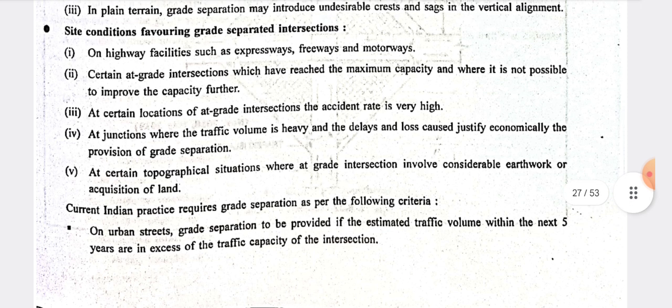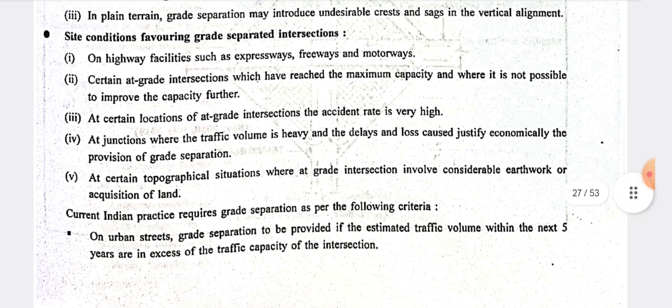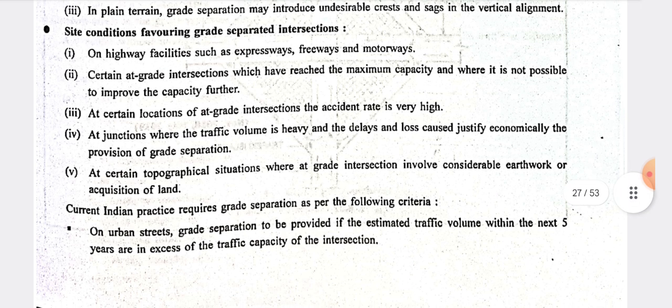Next, at certain locations the accident rate at an at-grade intersection is very high, like a cross section where a maximum number of vehicles travel. At that intersection, if we construct a grade separated intersection, we save time